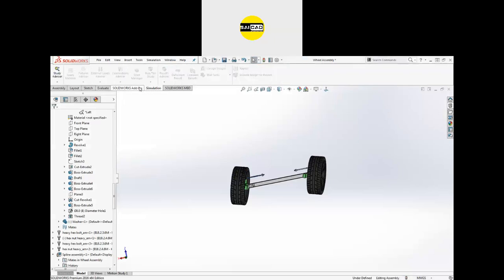We have the simulation. If you want to check the results, you can go to the simulation. And if you want to transfer the motion, just go to the assembly. In the assembly, you can use the gears for the motion transfer or any other you require. Everything is possible in SolidWorks.